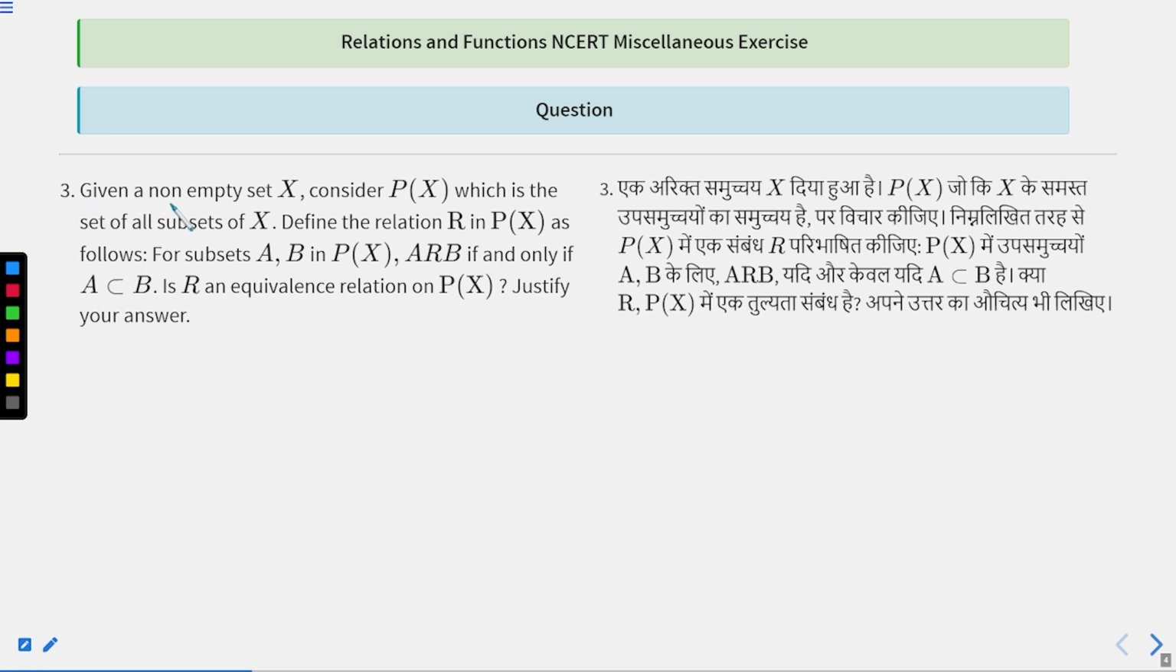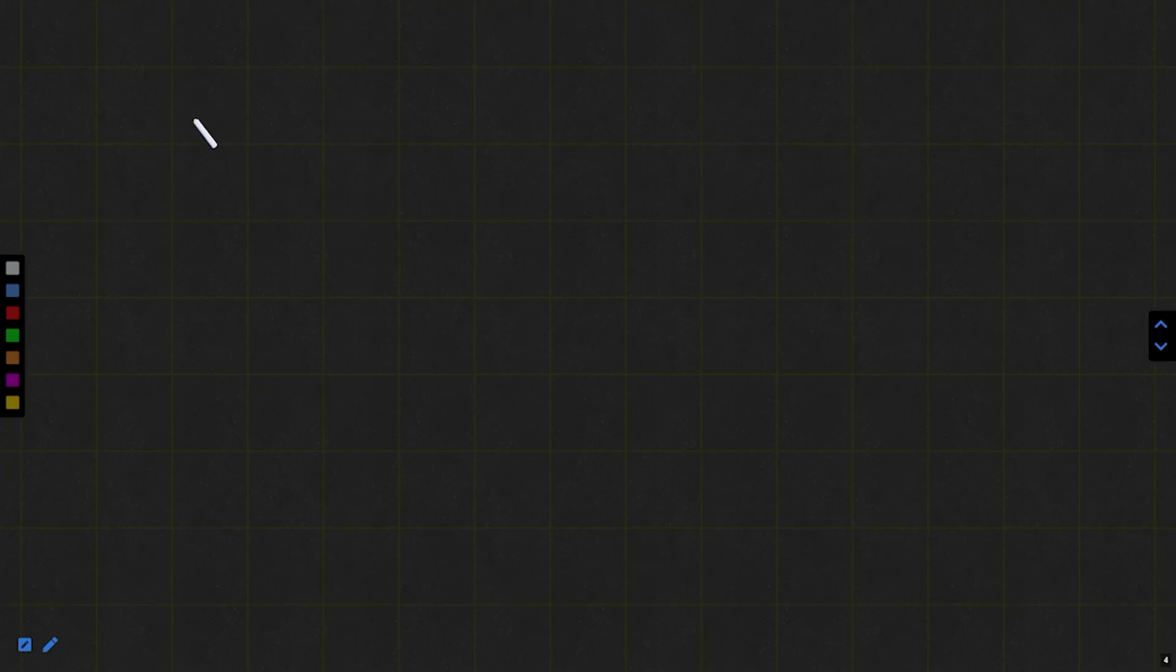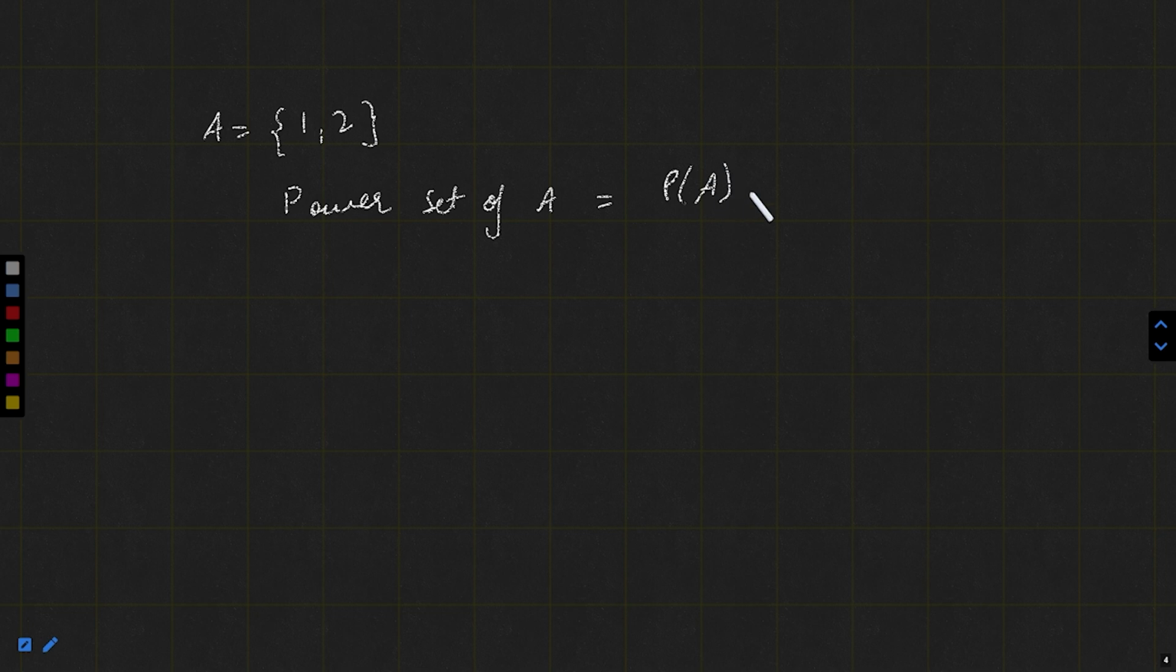As given a non-empty set X, consider Px, which is the set of all subsets of X. This means power set of X. Okay, so what do we mean by power set? So for example, if A is my this set, then the power set of A is denoted by this, and this is set of all subsets